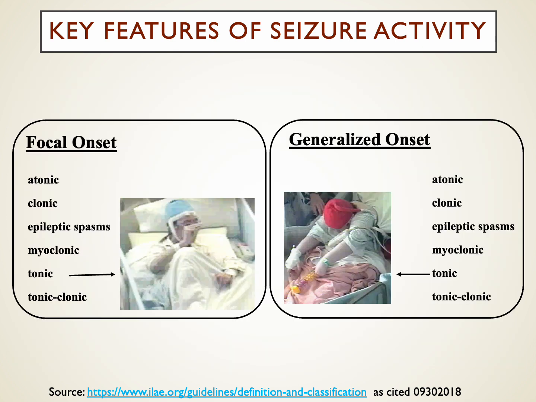One of the other things that we look at is whether or not the seizure onset was focal or generalized. Focal meaning that it started in a particular isolated area and then further spread, and you can see that on the left here, and on the right, generalized onset where it affected really both hemispheres typically of the brain, and there was an immediate loss of consciousness as well as a more full body type of presentation of the seizure activity. In this image and some of these charts that I'm using right around here are located all on the International League Against Epilepsy website that I referred to earlier.